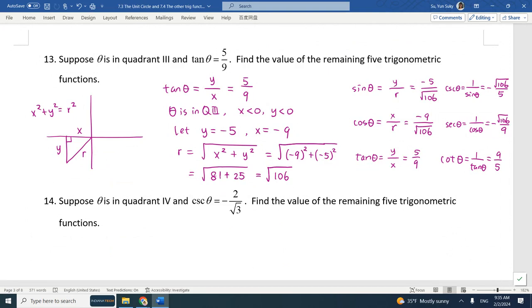So instead of using this, you can use... We have R here. We know R is 2, and we know Y is